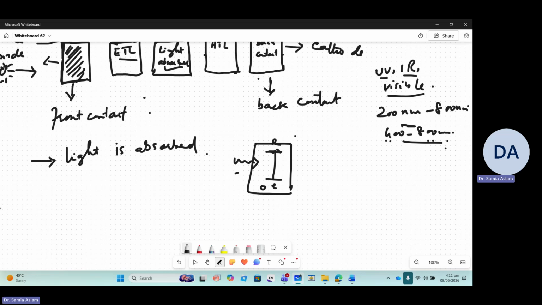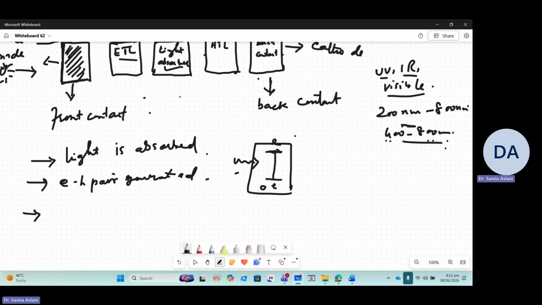Now what happens? Next is charge separation, meaning electrons have to travel to the ETL layer. So our next step is that an electron-hole pair is generated. This is the next step as a result of the light absorption. And then the internal electric field separates the charges. Now what happens? Basically,